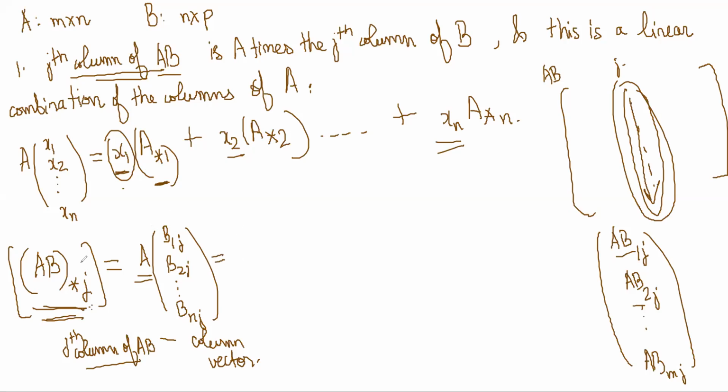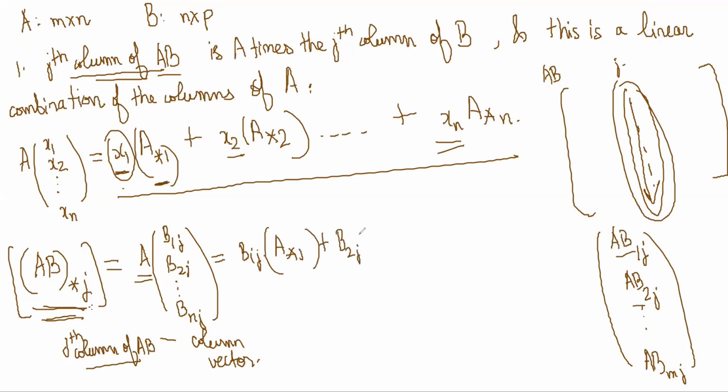So now this is like multiplying a column vector with a matrix. You can split it according to these lines. So you can say that this will be equal to B1J into A star 1 plus B2J into A star 2 plus BnJ into A star n. Now focus on A star 1. What is A star 1? It is fixing which column? One column, no? Fixing column 1 of A, right?